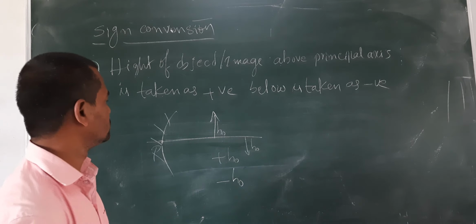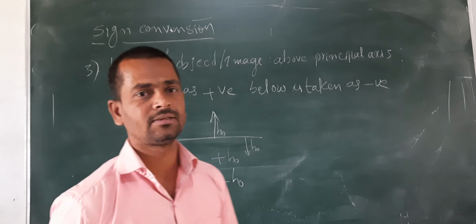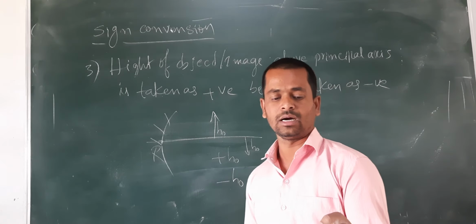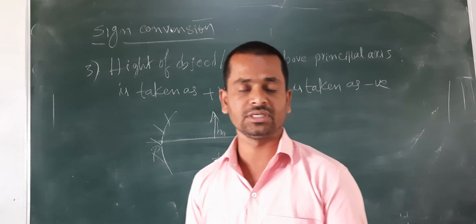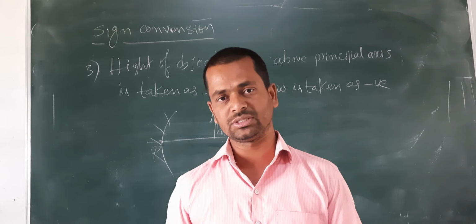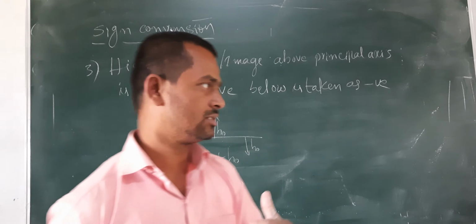So these are the things, friends. Please learn them, and write which quantity is what, the object distance and image distance, in a concave mirror and in a convex mirror also. Write by using this concept.